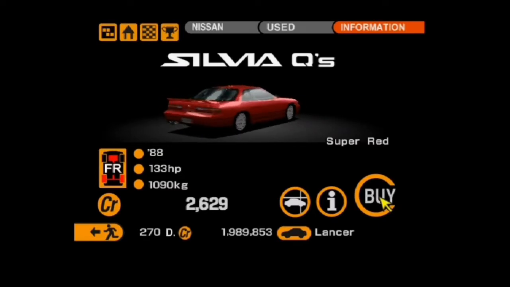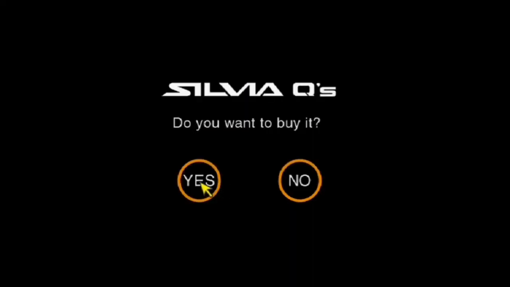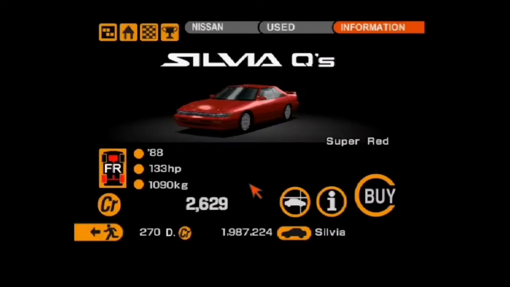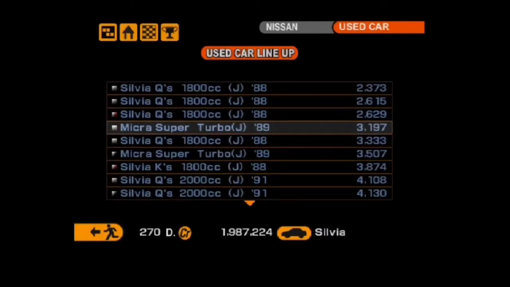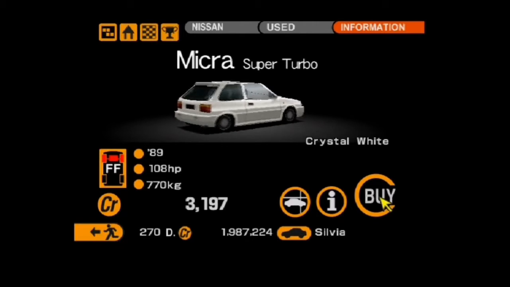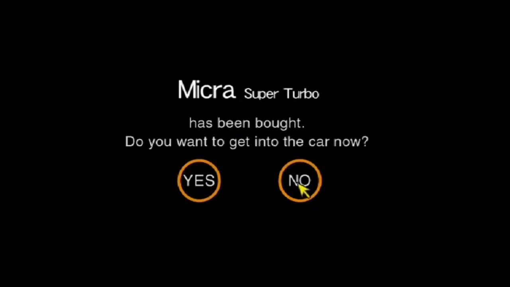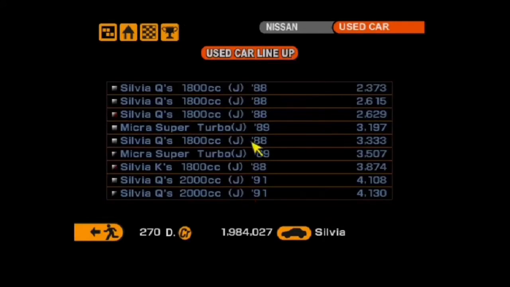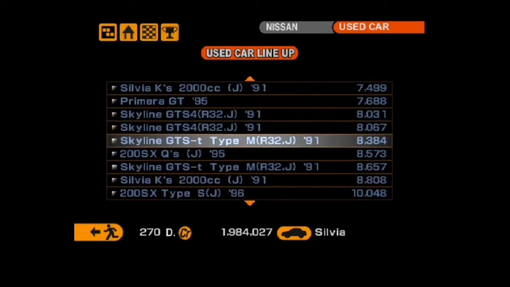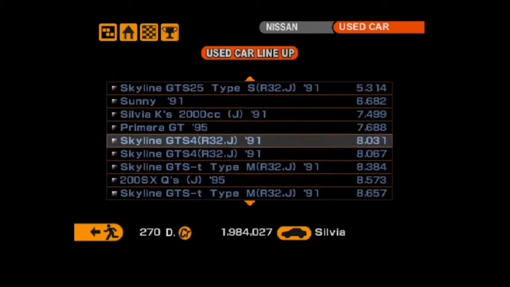So I'm going to purchase myself this Nissan Silvia Q's, and also getting it because obviously this is the car I need for the first event, and I think it has a racing mod, but we'll just have to wait and see. I'm also going to get myself this Micro Super Turbo as well, because obviously I'll need that as well. And I think as far as I know I'll also need a GTR as well, so I think what it is I'm going to get is...